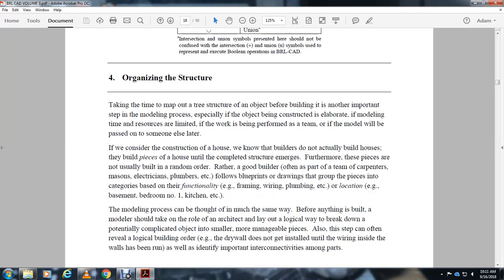Consider construction. Builders do not actually build houses, they build pieces of houses until they are complete with the structure emerging. Furthermore, these pieces are not usually built in random order. Rather, a good builder, often part of a team of carpenters, masons, electricians, and plumbers, follows the blueprints and groups the pieces into categories based on functionality, such as framing, wiring, plumbing, etc., and location, such as basement, bedroom number one,